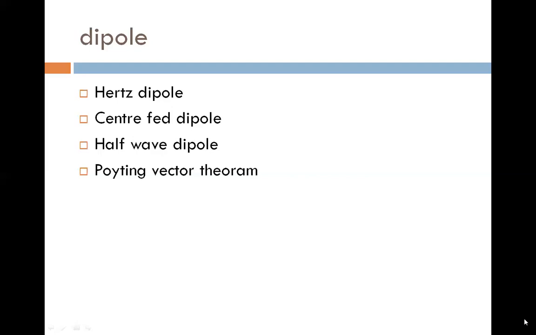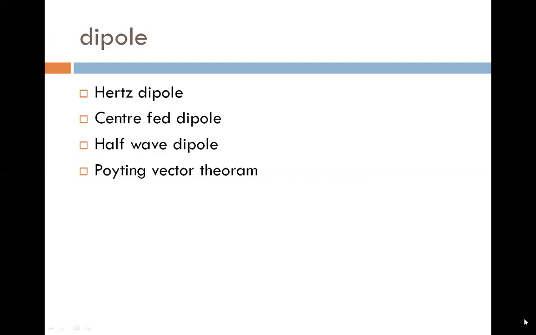The magnitude of the Poynting vector represents the rate at which energy flows through a unit surface area perpendicular to the direction of wave propagation. So the magnitude of Poynting vector represents the power per unit area. Unit of Poynting vector is joule per second into meter square, and the value is 4 pi into 10 raised to minus 7 Henry per meter. And another thing, permeability is the measure of the ability of a material to support the formation of a magnetic field within itself. So this is the final theory, Poynting vector theorem.